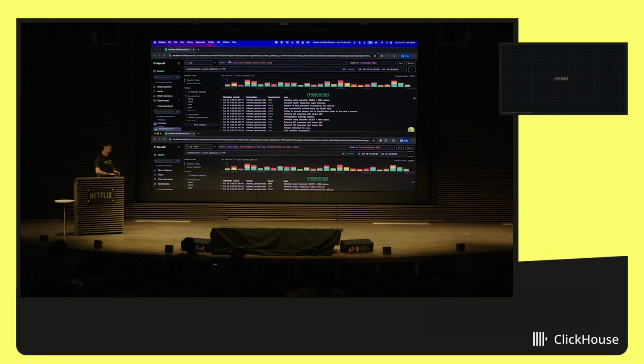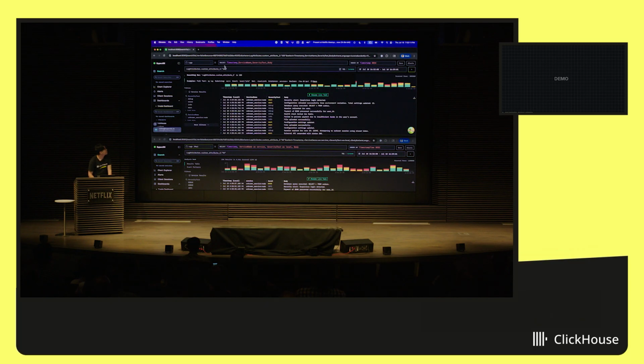So on the top, I have basically the ClickHouse instance with the new JSON schema. And at the bottom, this is the old map-based schema. And I'll do a search on top of this. And this is a test data set. That's why the properties look a little bit weird. But it's kind of the easiest way to generate a lot of data on your own computer. So let's try this search.